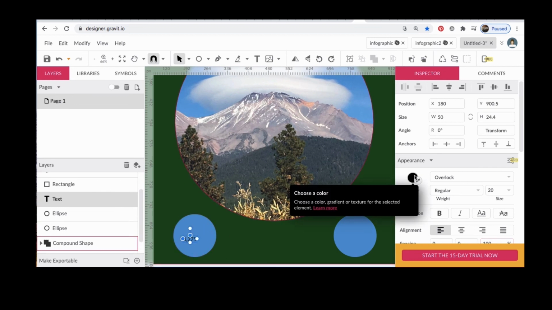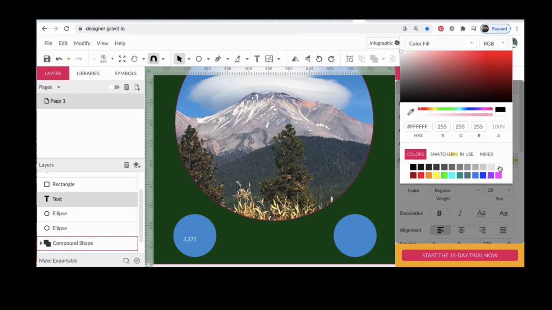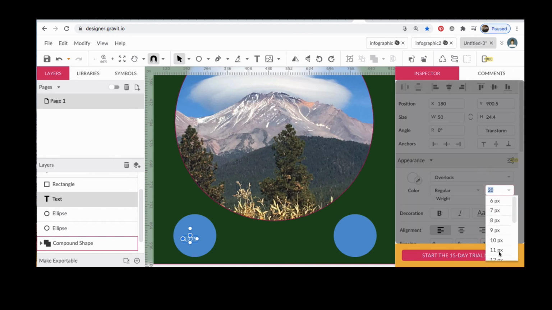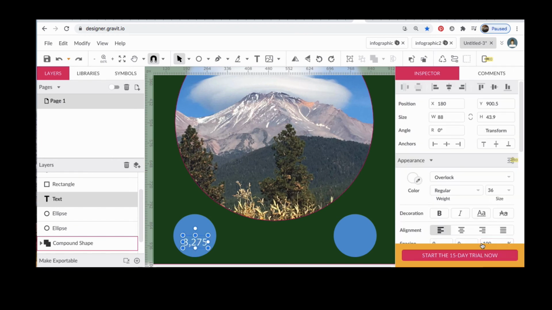and select it and choose a color and a size for that and a font. We'll use the same font you used for the other. All right. Center it. And then we can hold down Alt and drag a copy of that text to the other side. And then just change the number. If you double click in the text, I think it was 3586. So we'll change the text. Okay,